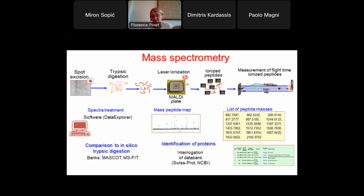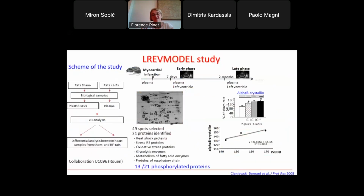But this technology takes a lot of time. Just as an example, we used this technology to identify proteins in heart. It was a rat which was subjected to myocardial infarction by ligation, and we recuperated plasma and left ventricle at 7 days after the myocardial infarction and in the late phase of remodeling at 2 months. So this shows you a 2D gel of the heart samples at 2 months, and you can see that we